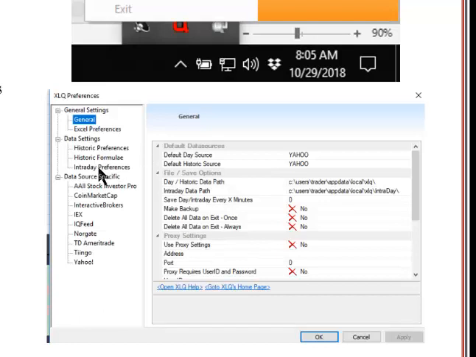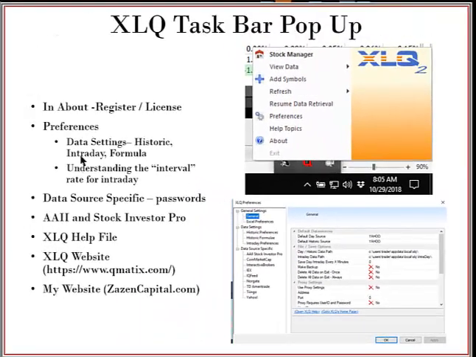The one thing you want to make sure to set in your preferences, especially for intraday, is what interval you want to be operating on. I use a 3-minute chart, so I use a 3-minute interval to update most often. So you've got several bits of data in the preference section, most important being interval. You can also use XLQ with AAII's Stock Investor Pro. If you're new to XLQ, I would hold off on that until you get a little experience with it. There's also a help file in the pop-up menu,